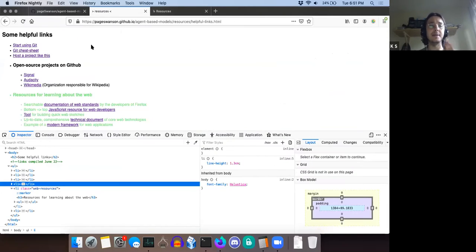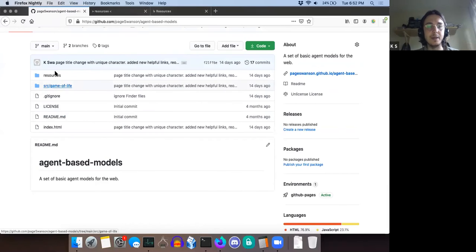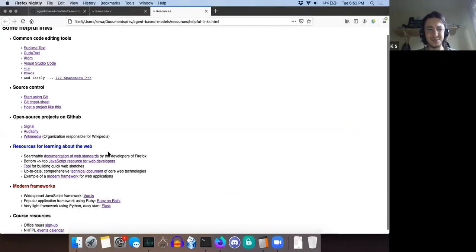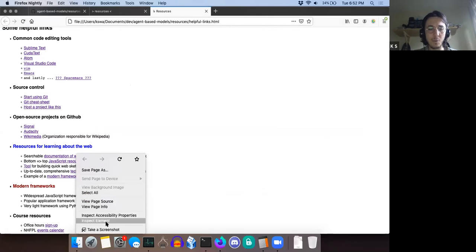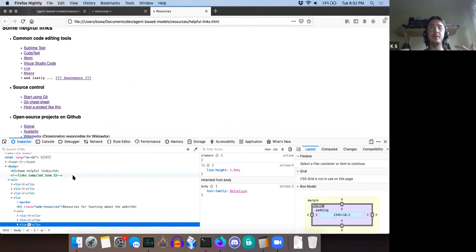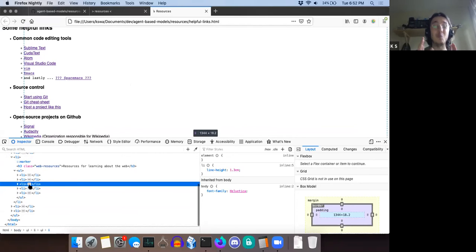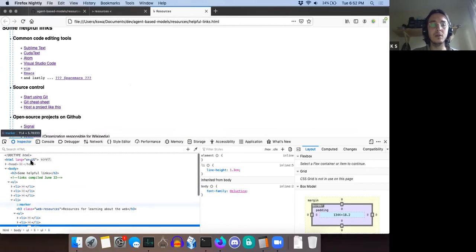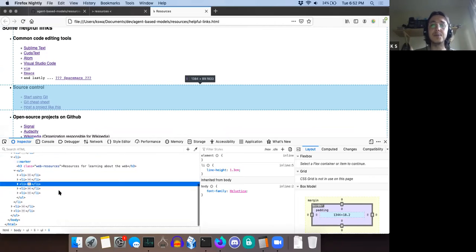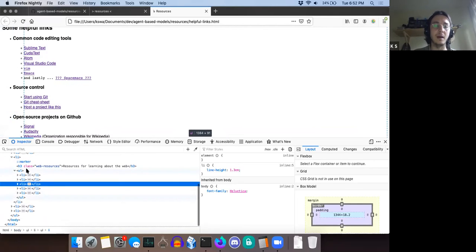But yeah, that is a good point to be clear about. When we're looking at this inspector, what we're looking at is the browser's interpretation of the HTML that you've written. And then what it's going to do is rehash that same HTML, but with some sort of attributions or